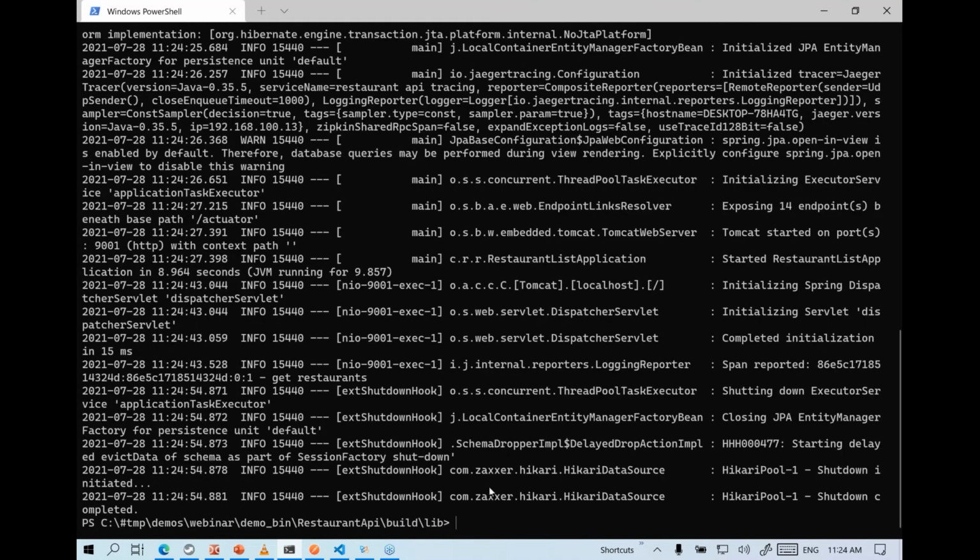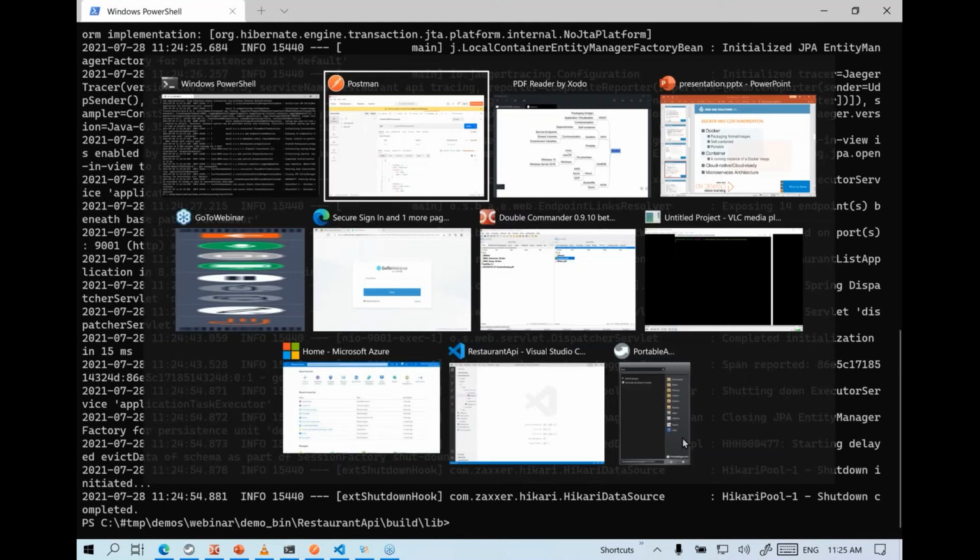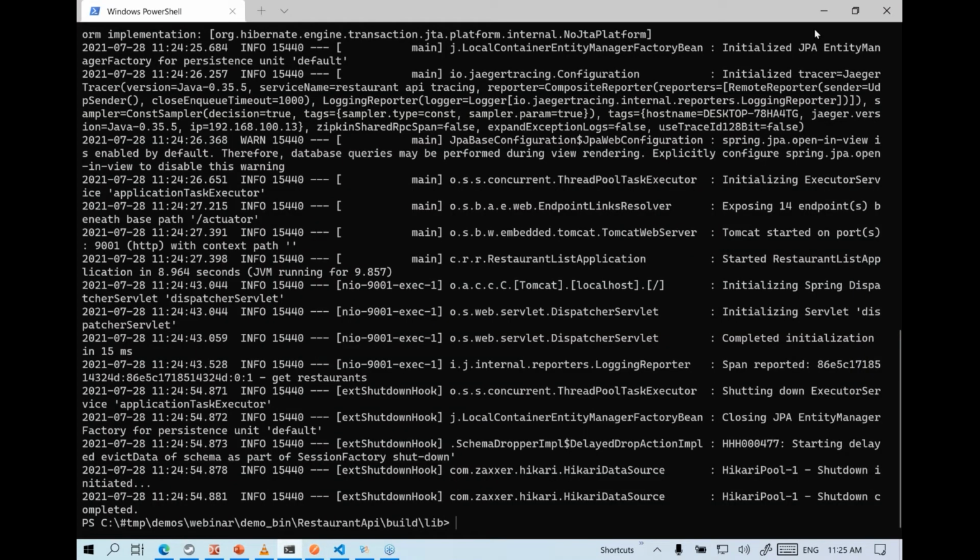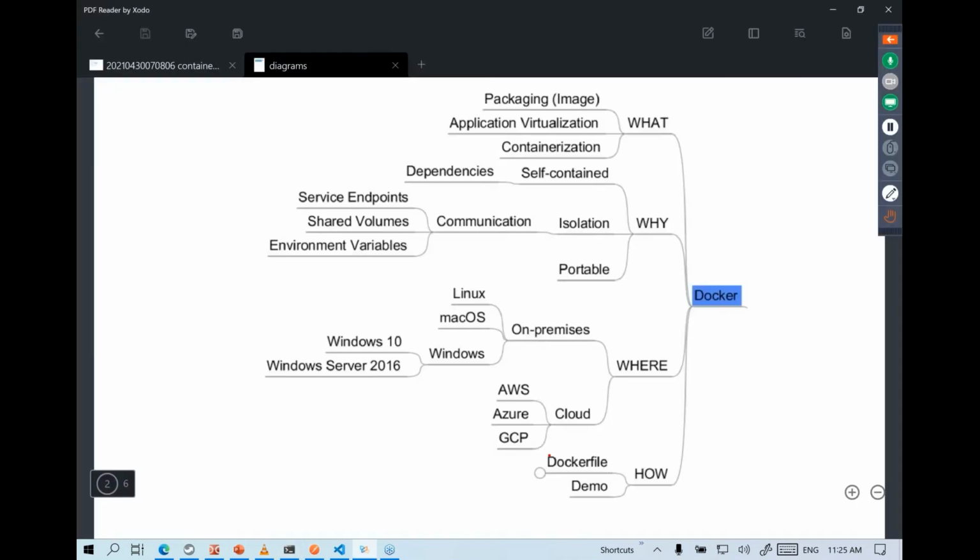Now, question is, how do you package it? How do you create this Dockerfile script? So here, we will not get into too much depth of the entire syntax, but here, let's say